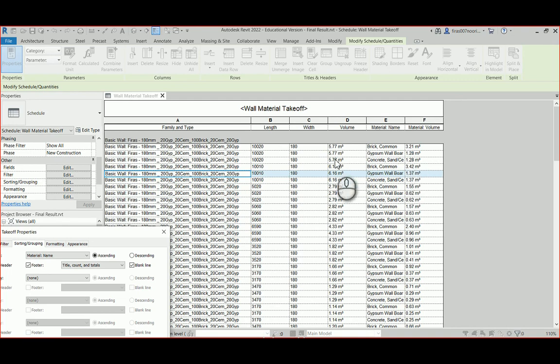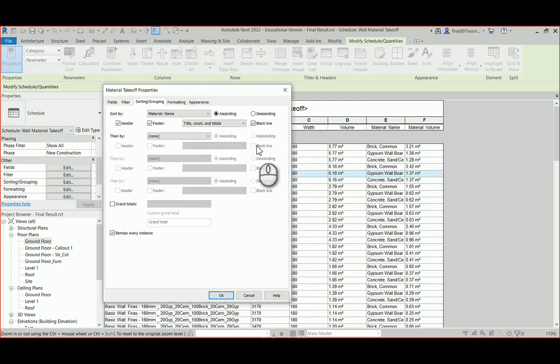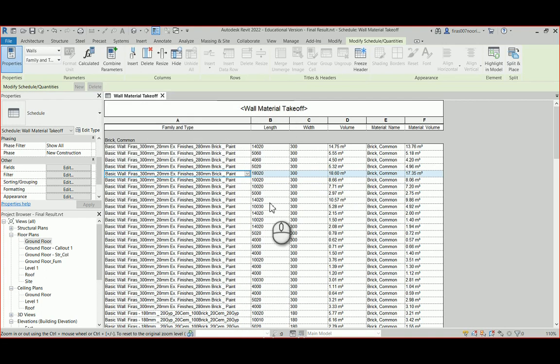So the repetition here is completely useless. You don't need to do anything with that. That's why I don't prefer using the object level. That's an object level, which is the entire wall element, while this one is a sub-object, which is just the brick layer of it. Anyway, when you categorize that by material,